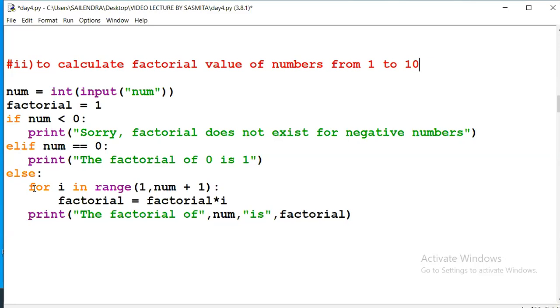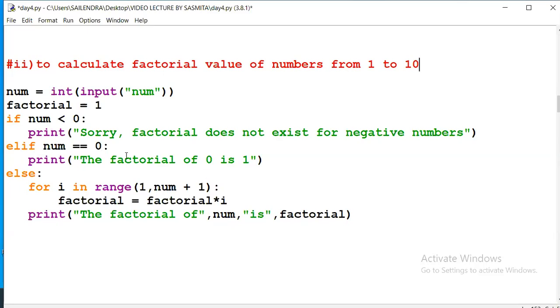If the number is less than 0, it is a negative number, so we cannot get a factorial. Else if the number is equal to 0, the factorial of 0 is 1.